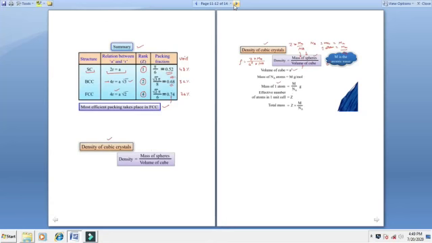And the numericals are given in the book. I'll be giving you some questions for homework. You can do it. I'll be posting it on the WhatsApp group. Okay, for now, and the remaining chapter